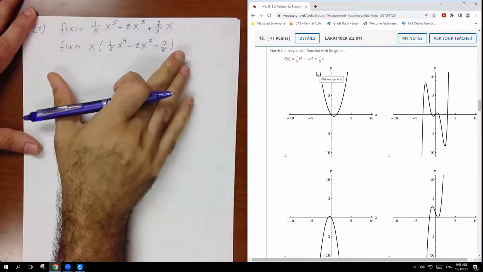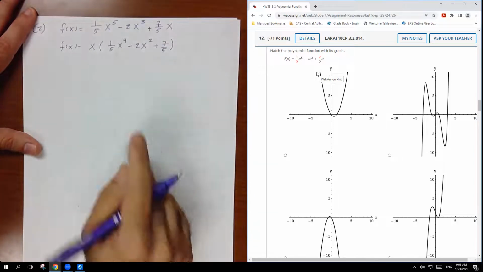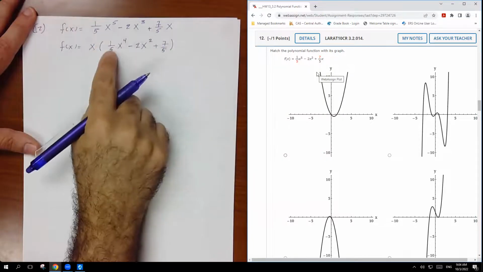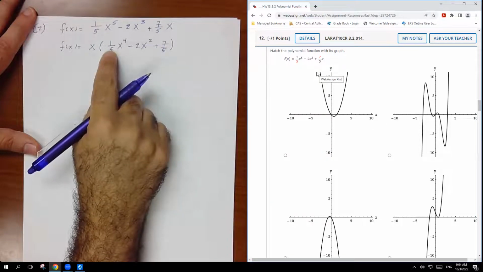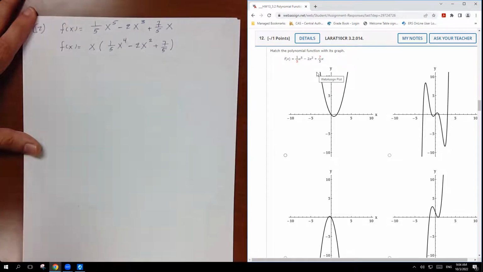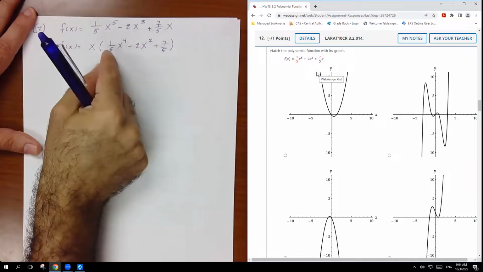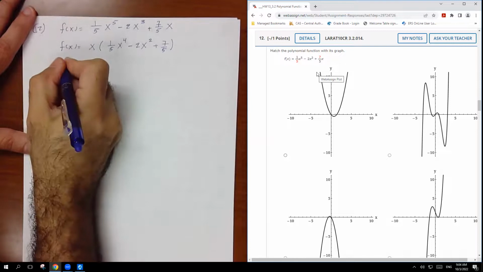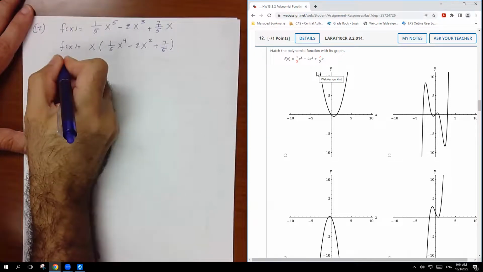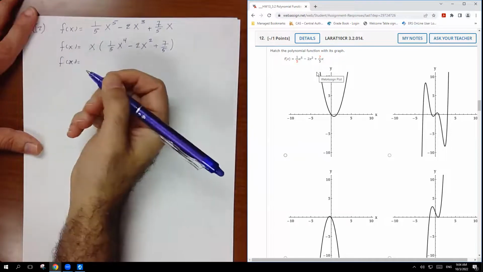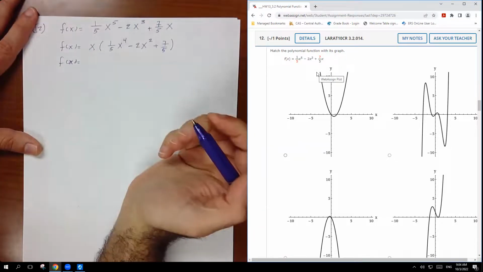If you want to keep it like this and keep working on it, if you want to delete the fraction, just multiply everything here by 5. Or if you want, you can take the 1 over 5 out as a common factor, so f of x equals... It's up to you which option you're going to use. Let's keep it like this